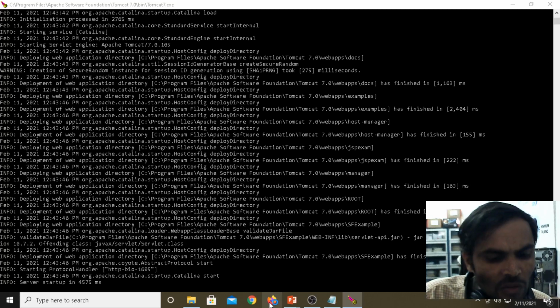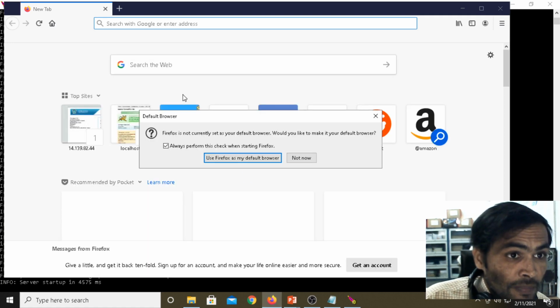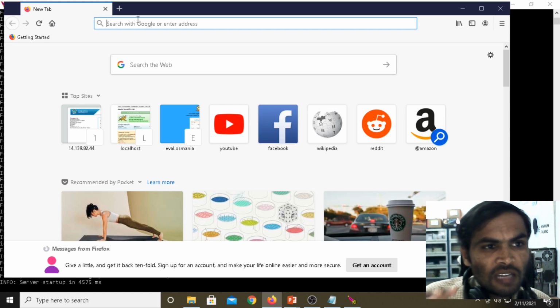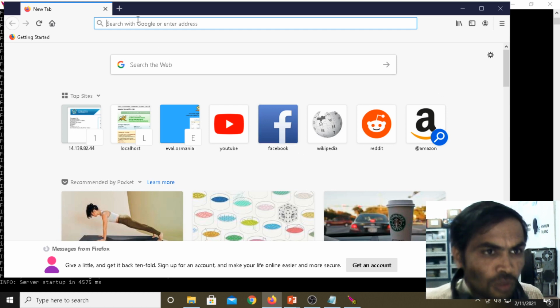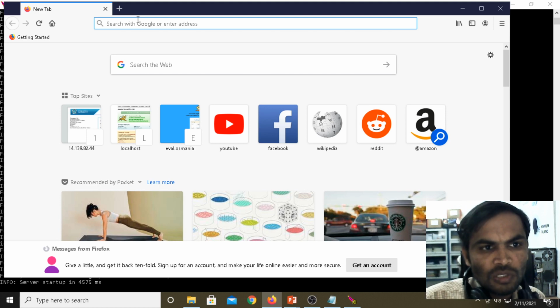Now if you want to run your application, we should communicate with the help of the HTTP protocol. Now the server is started. If the user wants to communicate with the server, the user uses a browser, any browser.